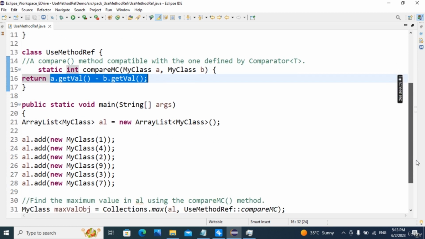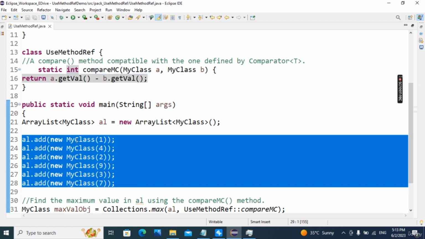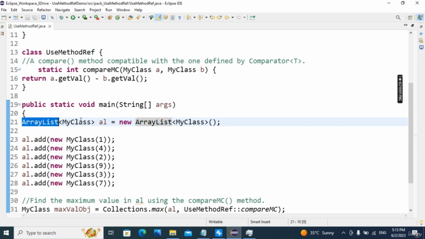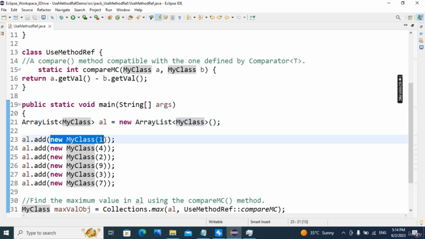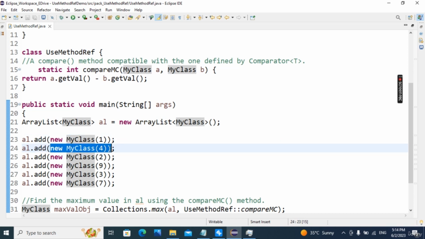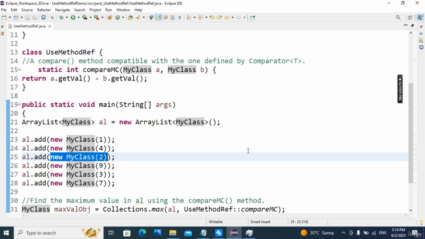Okay, so 1, 4, 2, 9, 3, 7 are the values added in the collection. The collection used is an ArrayList. ArrayList of objects. Okay. So since it is an object, we are adding objects one by one like this: new MyClass, new MyClass, new MyClass. Okay. Because for creating objects, we have to create it like this: MyClass a = new MyClass. Okay. Then